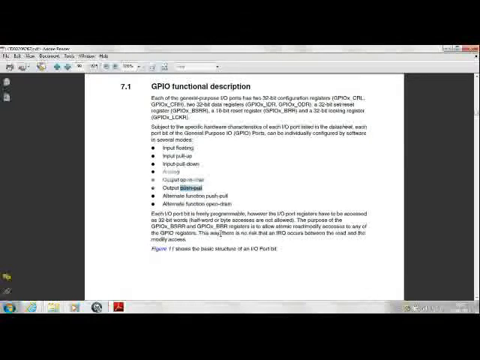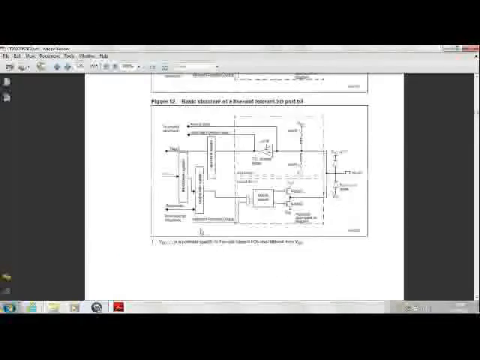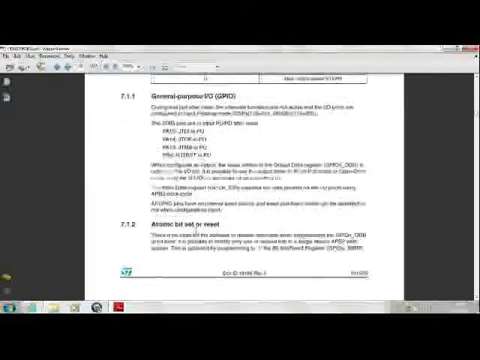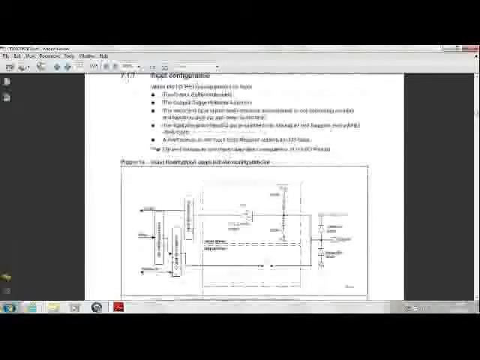Also a point to note is that every bit is freely programmable, and the registers called the bit set reset and the bit reset are provided for atomic access to your GPIO pins. This will enable you to avoid the disabling of interrupts when you want to do an access to the port. This will come a little later.